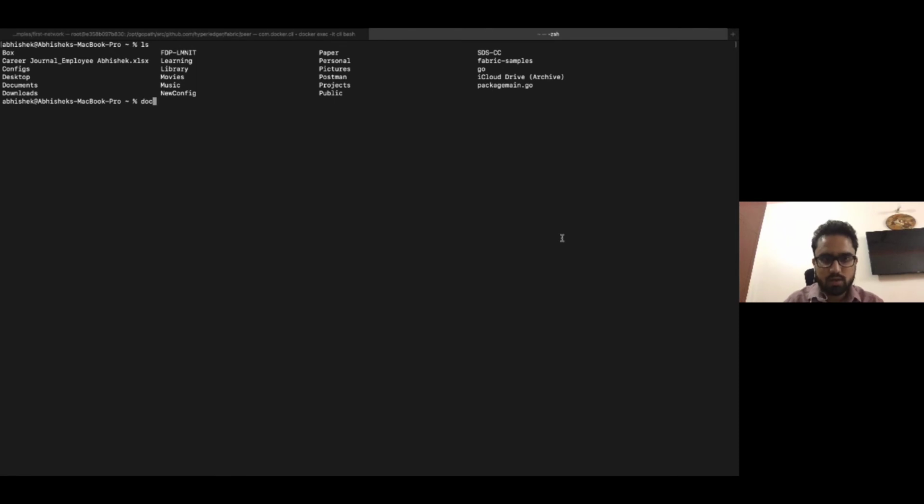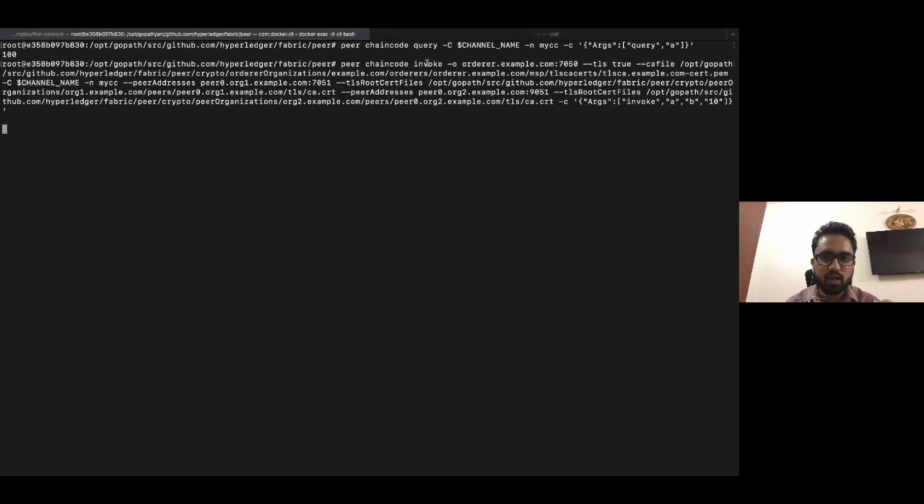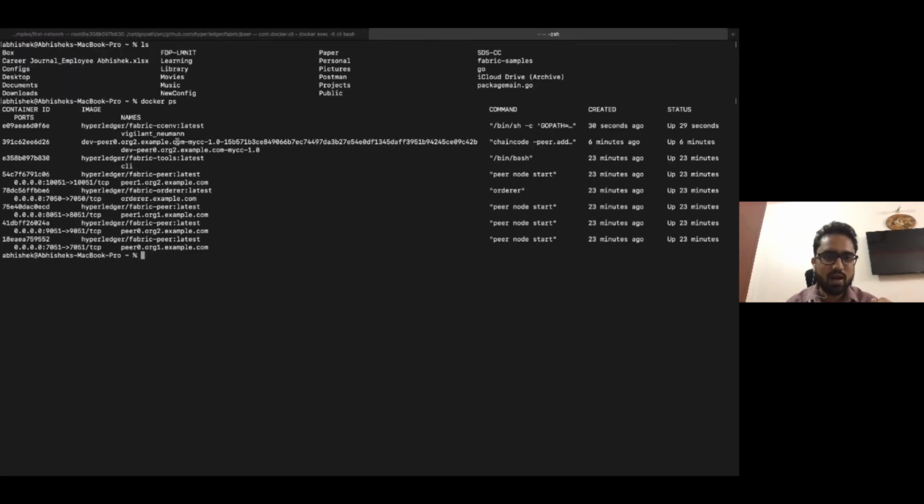Okay, now as you can see, earlier there was only one container running, for peer 0 org2. Now it is creating a container for peer 0 org1 also, because peer 0 org1 has also installed the chain code, but that container was not available to us. But right now we have submitted an invoke transaction, that's why it is creating a container for that peer also.